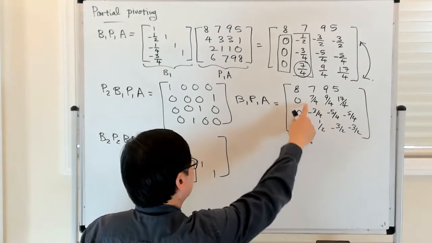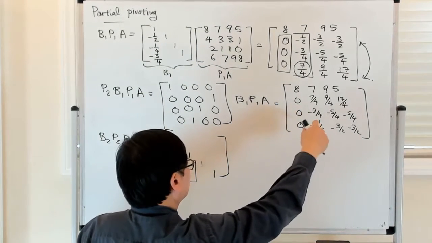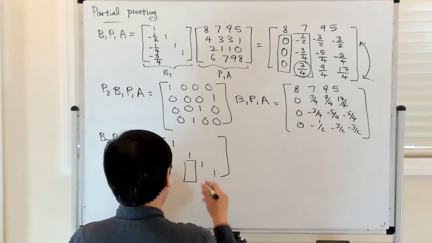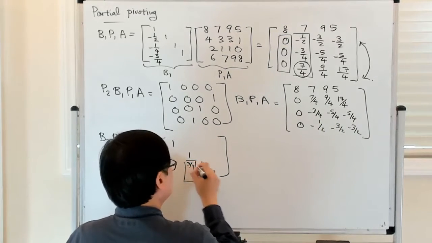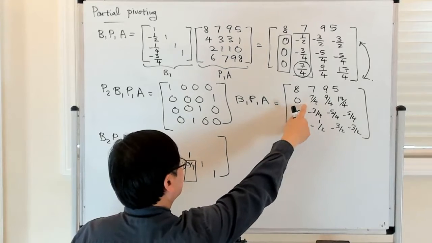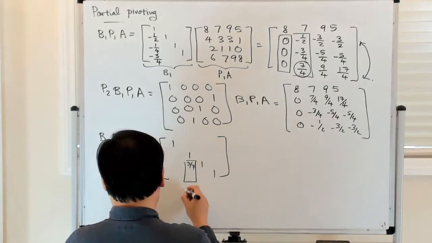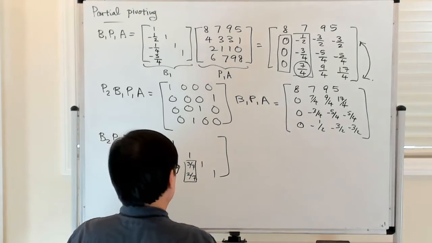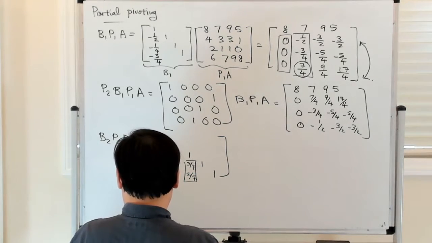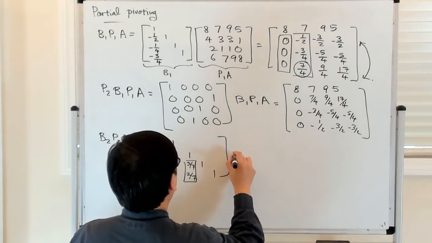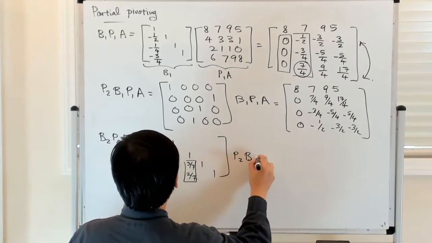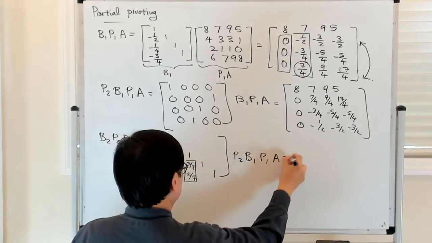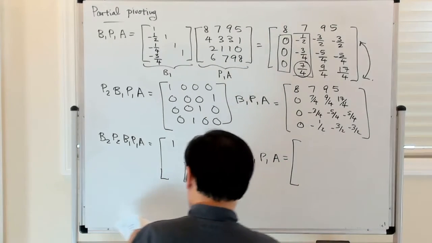Minus 3/4 divided by 7 over 4 with a minus sign, that is 3 over 7. Then minus 1/2 divided by 7 over 4, again with a minus sign, that's 2 over 7. Okay, all right, so that's then P2, B1, P1A, that's going to be equal to